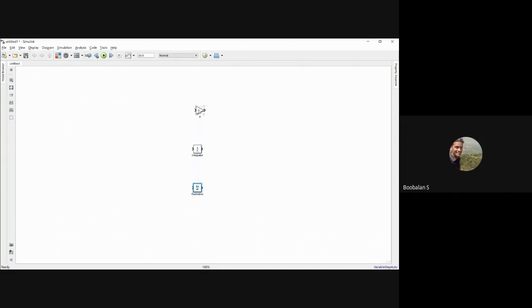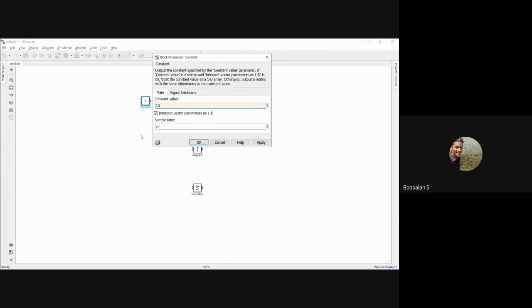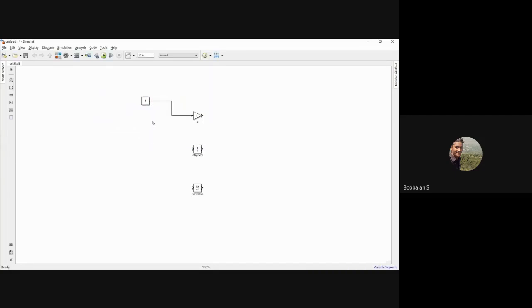We can use the function block PID controller. You could design your own PID controller with the help of the parallel form. So PID: proportional, integral, derivative. Each could have a gain value that I need to multiply. For that purpose, I need gain values, or maybe I'll just go with constants. For P, you can put a value of 10, nothing wrong in it. So 10, and we'll have one more constant I, and one more constant D.